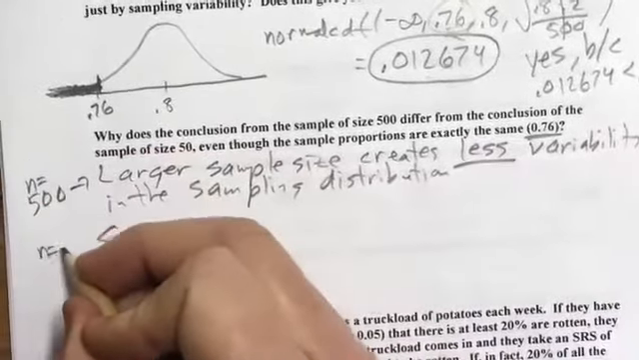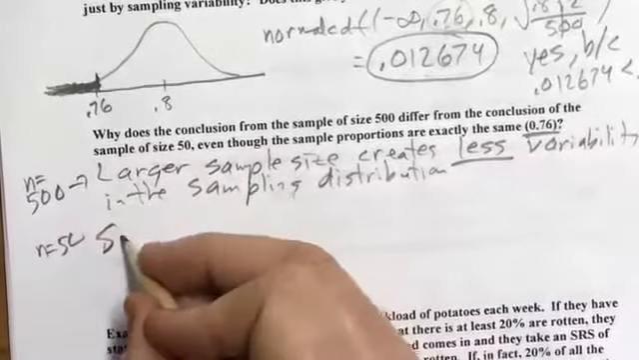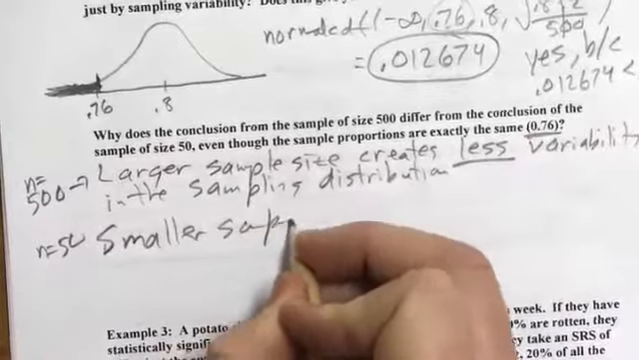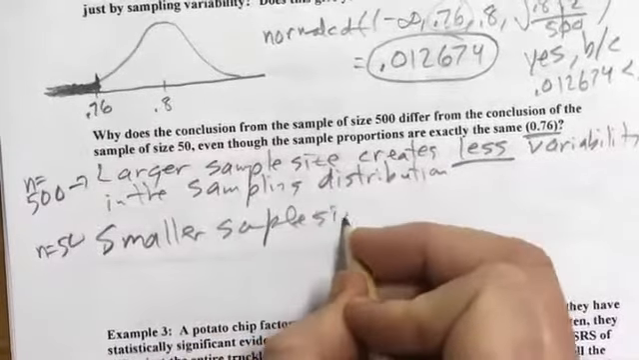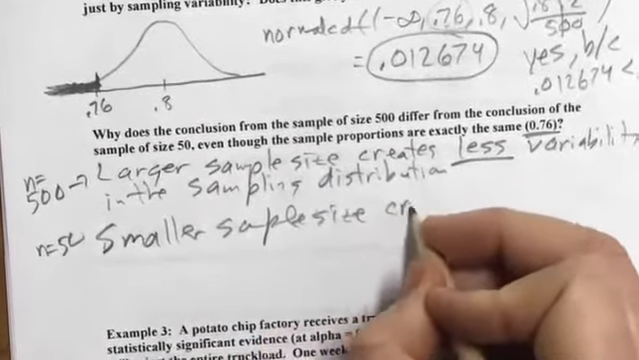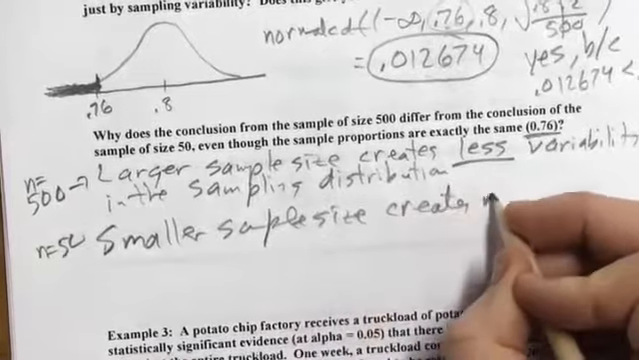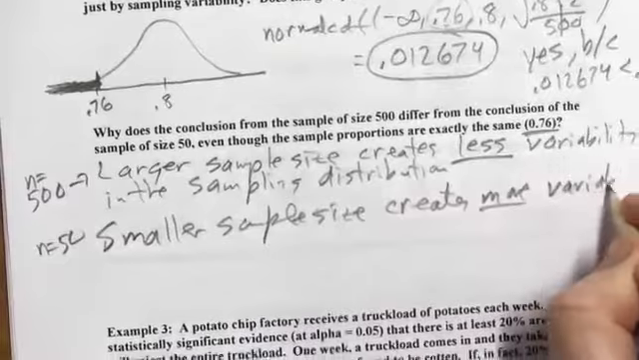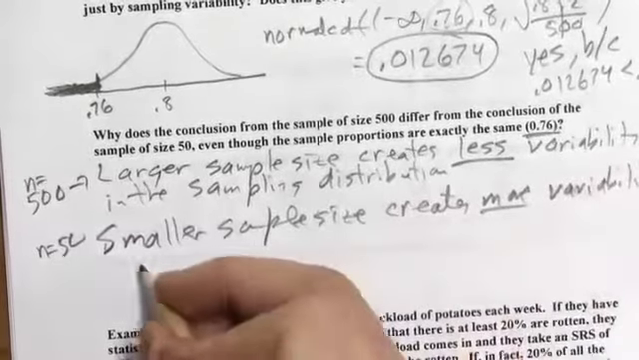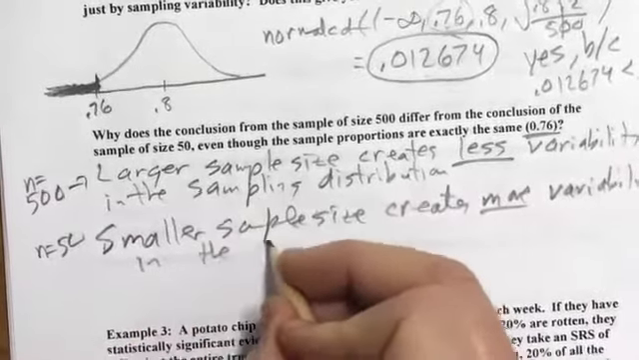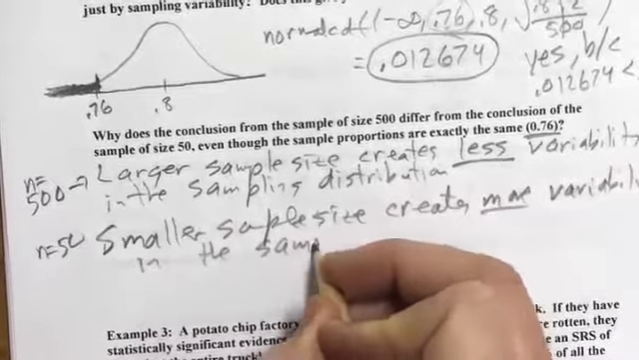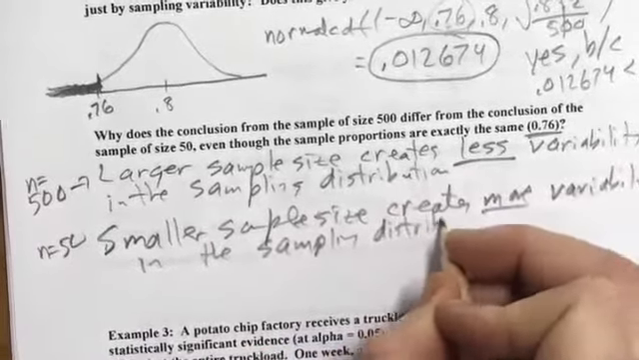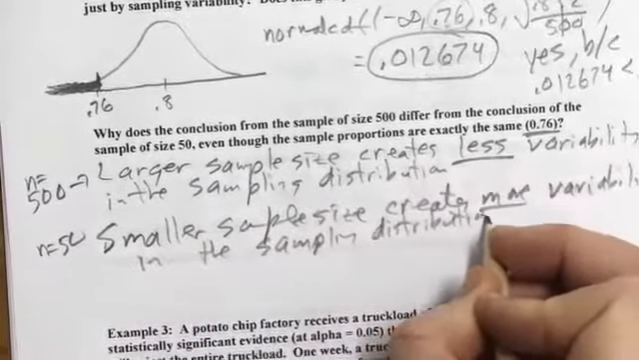So when our n is equal to 50, the smaller sample size creates more variability in the sampling distribution. So if you were to look at those normal curves,